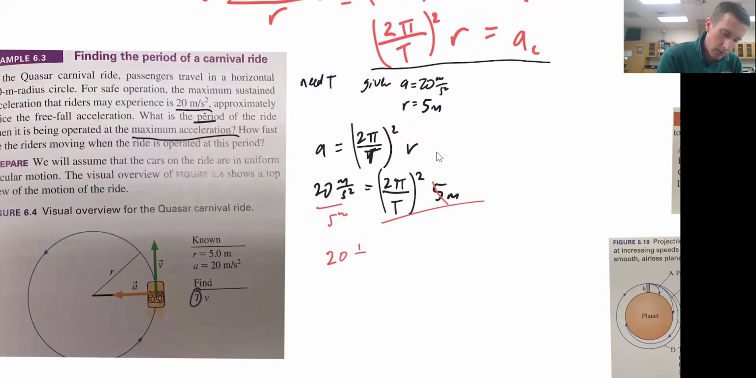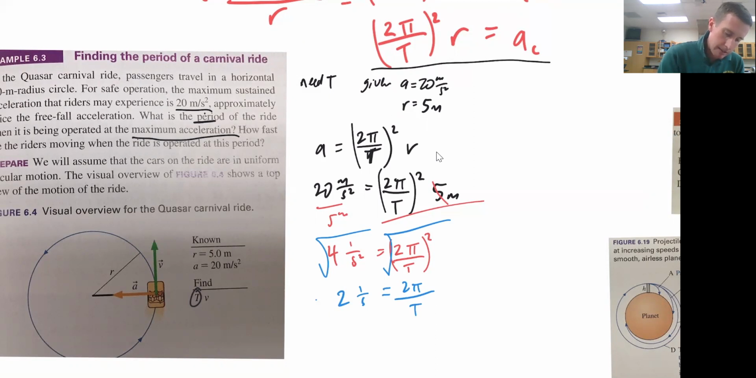20 divided by 5. That leaves me with 4 1 over second squared equals 2 pi over T squared. So now I need to do a square root on each of them. Conveniently, the square root of 4 is an easy one, giving me 2 1 over seconds equals 2 pi over T,